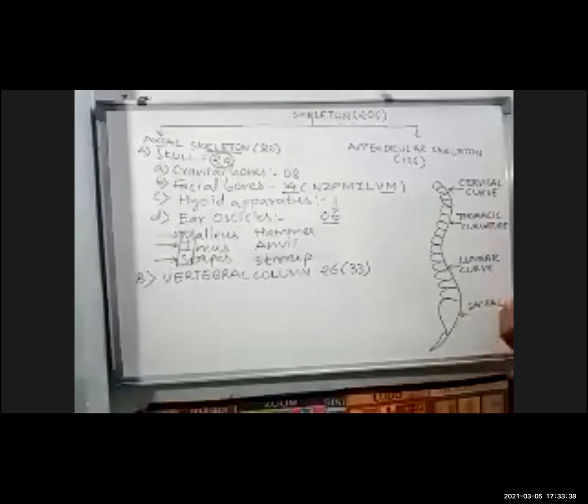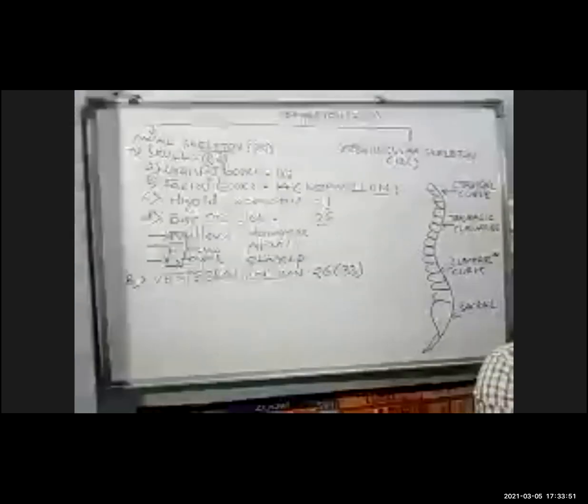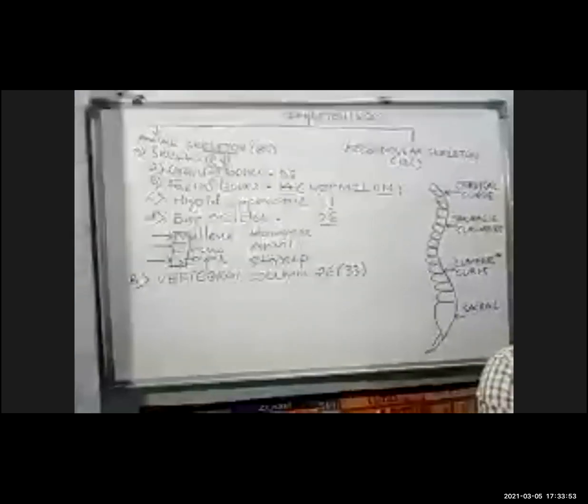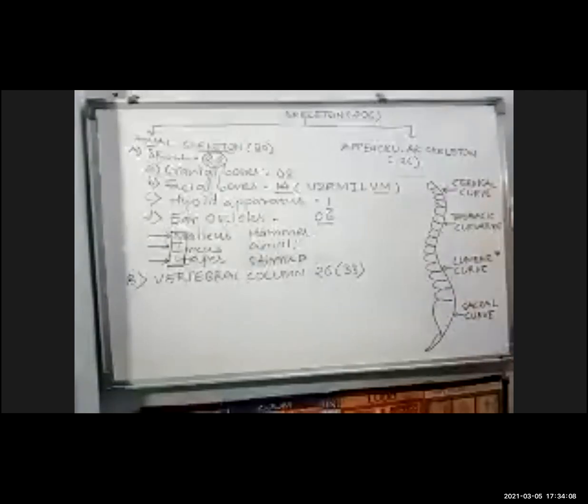So जो lumbar curve है ये वाला, this is missing in apes, gorilla, chimpanzee and all. They do not have this lumbar curve. वो सिर्फ हम लोगों में होता है. You remember this. So when you distinguish between them and us, you should know this lumbar curve is absent in them, present in us. ये हो गया sacral curve, the last curve. Now, how many bones or how they are distributed, you can say.